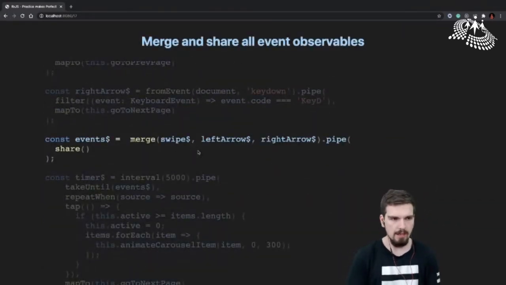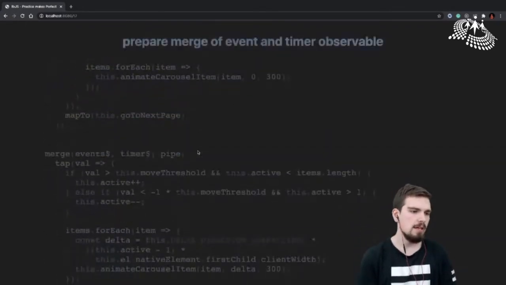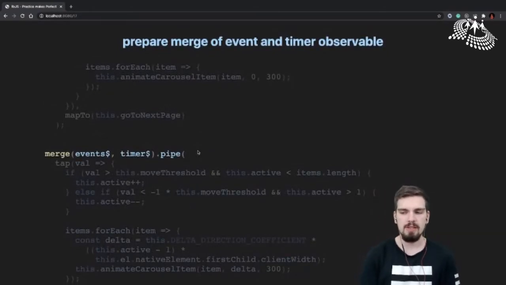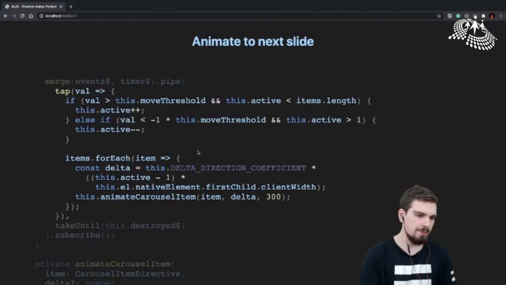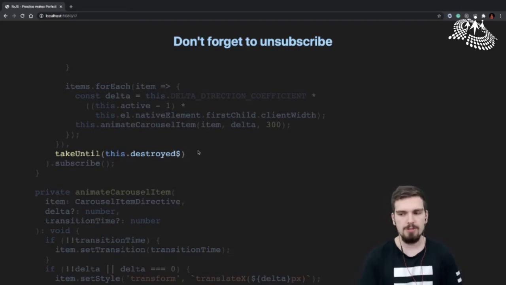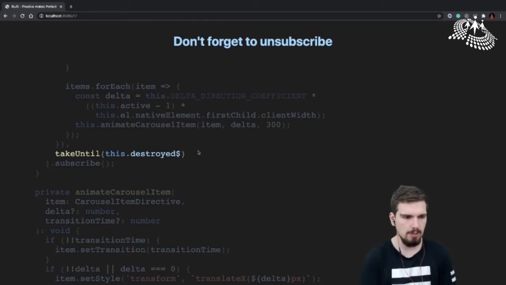OK. We merge together all our events so that we can later on, again, treat them similarly. Here, we merge them together with timer, as this kind of logic is then going for all observables as well. So in here, we have the logic to animate the slides. And we have, very important, the take until operator to specify when to unsubscribe from our observable. Otherwise, all the event listeners will persist, will be registered for the whole time of the application till garbage collection